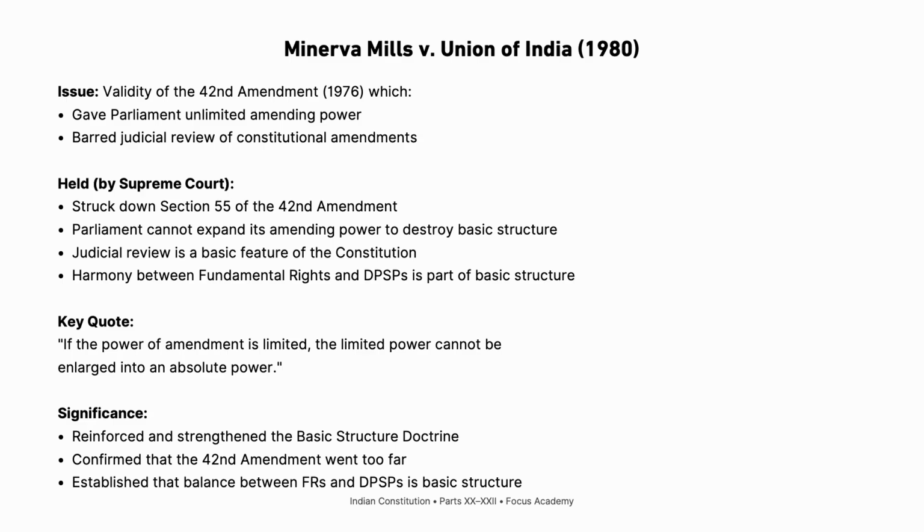And so, in the Minerva Mills versus Union of India case, 1980, what did the Supreme Court do? 4 years later, it struck down Section 55 of the 42nd Amendment Act. Okay, the Section 55 that Indira Gandhi had introduced was struck down by the court, and it also held that the Parliament cannot expand its amending power to destroy the basic structure. The Parliament cannot destroy the basic structure, and it also reiterated